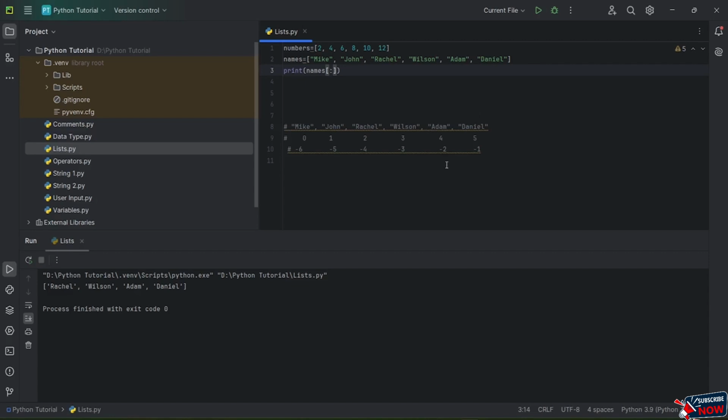You can use the positive indices. Otherwise, you guys can use the negative indices as well. So let me just put -4. Okay. Otherwise, let's put 4. And now let's try to run this one. And here you guys can see now I do have Mike, John, Rachel, and Wilson, but I am leaving out